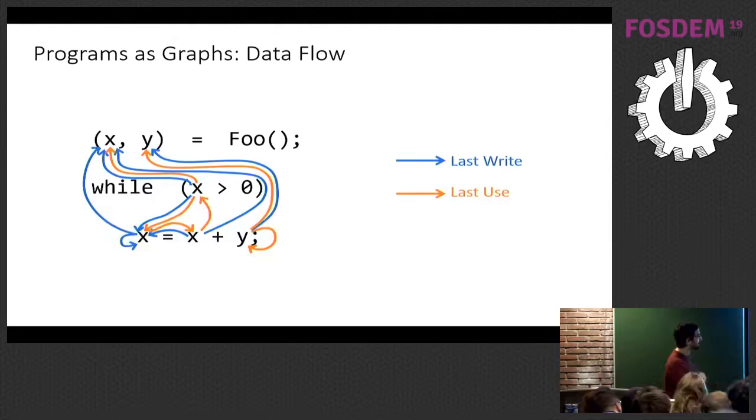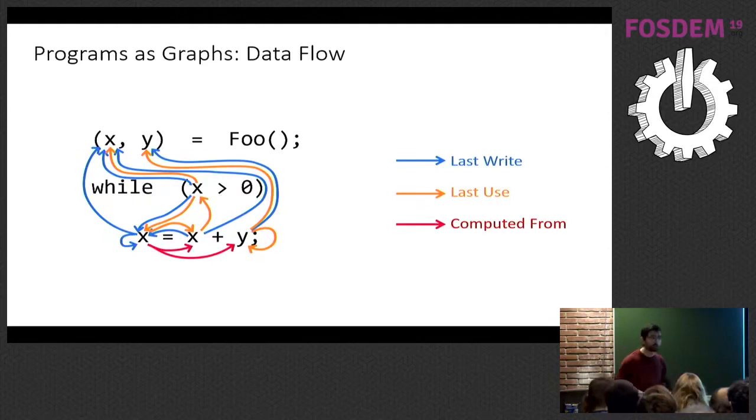The same thing with last use. When was x, for example, last used in my program? Again, the same thing. Let's take y again, that's the simplest one. If we just entered the loop, it was this instance here. But if we are looping, it's itself. So we can construct more and more complex graphs and add more semantic features, like computed from. You can imagine adding more of those things.